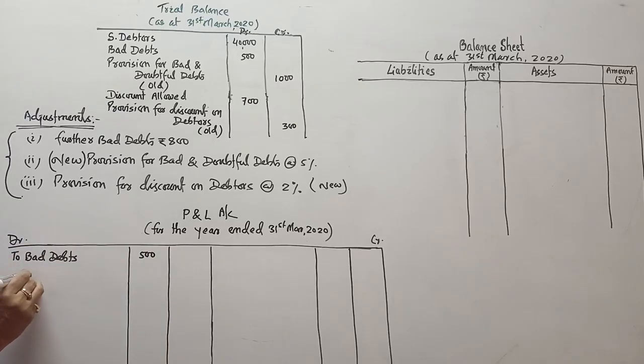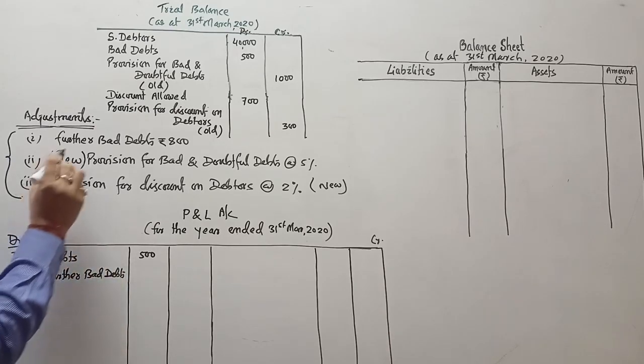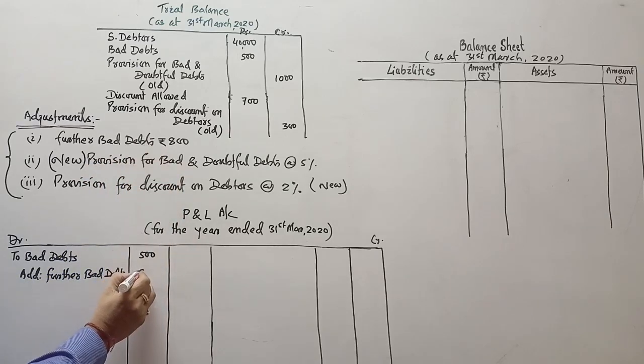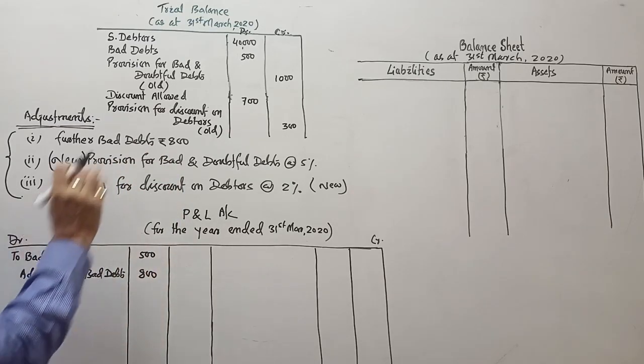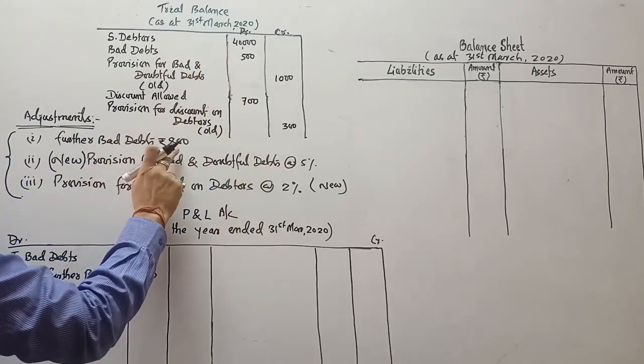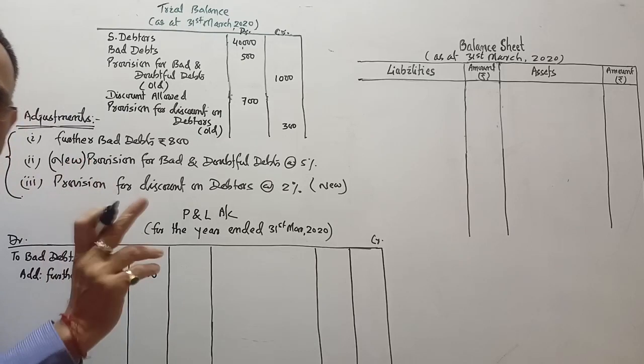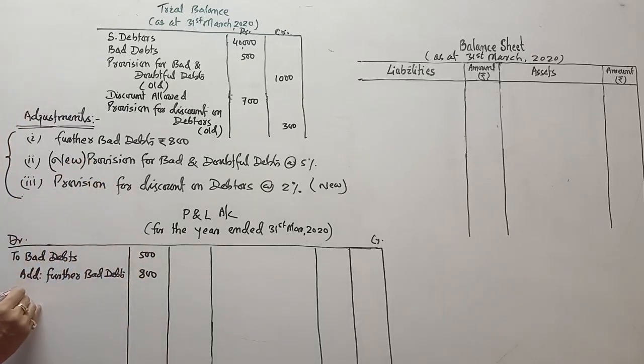Add further bad debts. Further bad debts means additional bad debts, you add it. Further bad debts given in the adjustment is 800. So this is the bad debts in addition to the 500 bad debts given in the trial balance, and this further bad debts given in the adjustment. You do the addition. Then you add new provision for